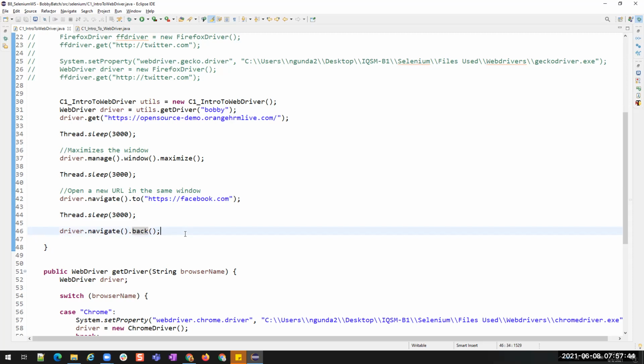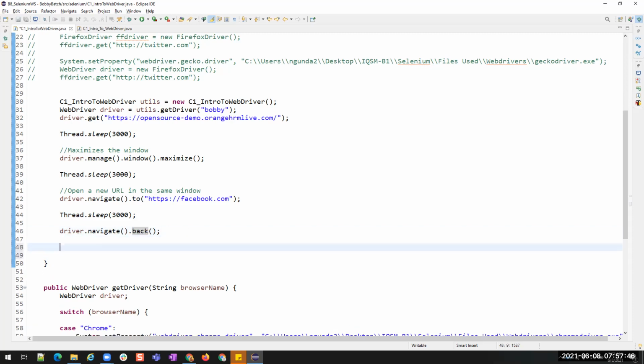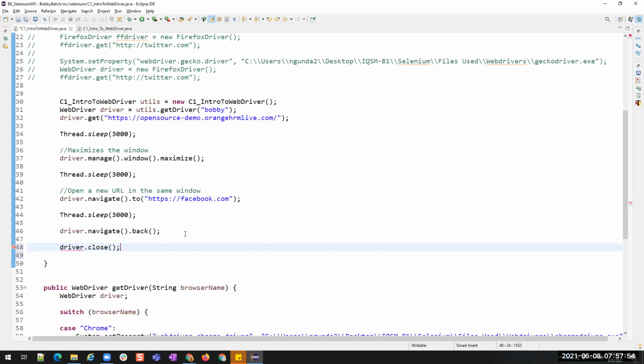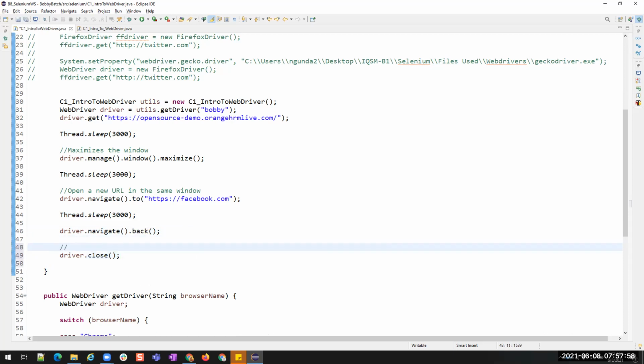And what are the basic things that we have to learn? Okay. driver.close. Now we have created an object for driver, right?